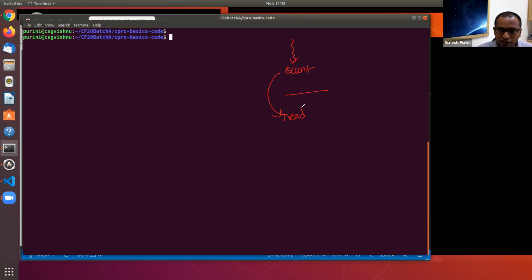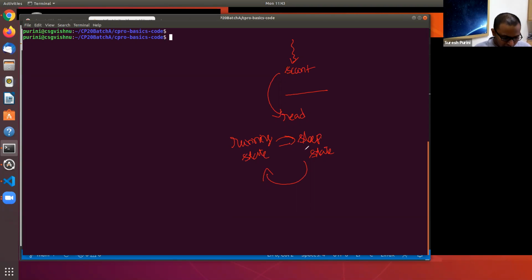So the operating system puts this process into what is called a sleep. The process earlier is in running state. It moves from the running state to sleep state while it is waiting for the input. After it gets the input, it moves from sleep state back to running state again.